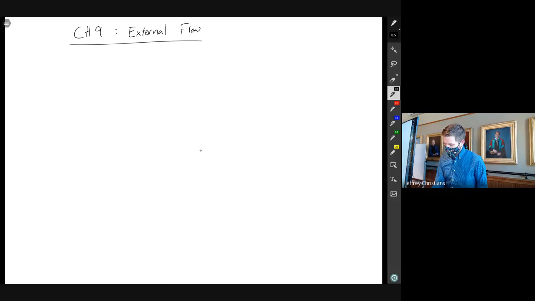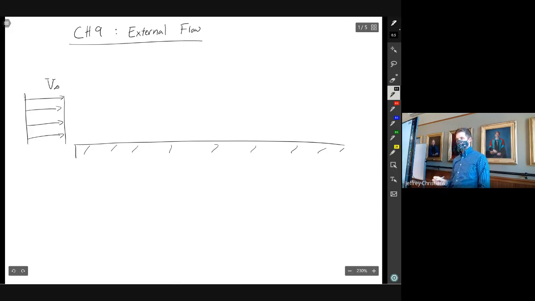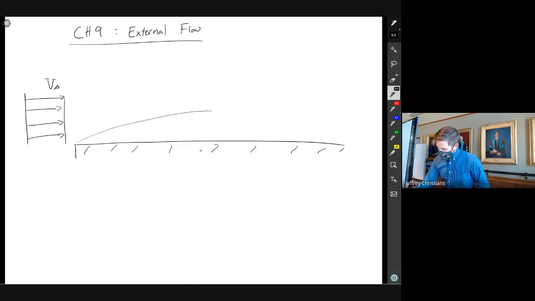So if we, again, just picture the surface of an object, we'll call it a flat plate, but a lot of this stuff will translate between flat plates and other shapes. We have some velocity coming in here. If you're in heat transfer right now, we've drawn pictures like this a lot. So hopefully a lot of this is refresher. Then we would have the growth of a boundary layer. We watched that happen about halfway along the plate, not the whole way. So this is our